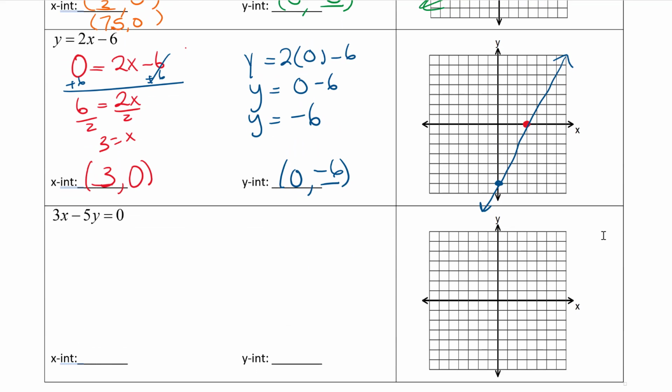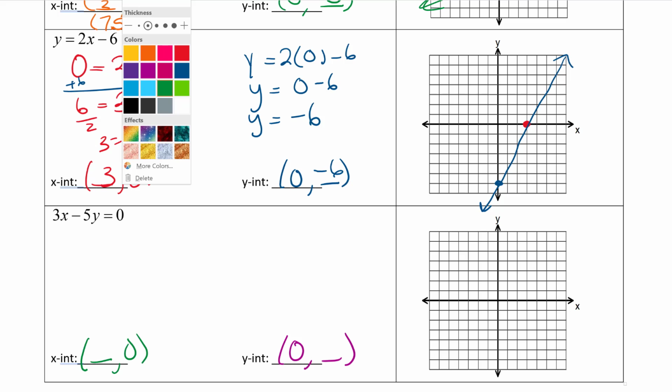And here's our last problem. Again, you approach it the same way. X comma 0 for the x-intercept, 0 comma some y, which we don't know what it is. Again, I should try a different color on that one. Okay, so for my x-intercept,